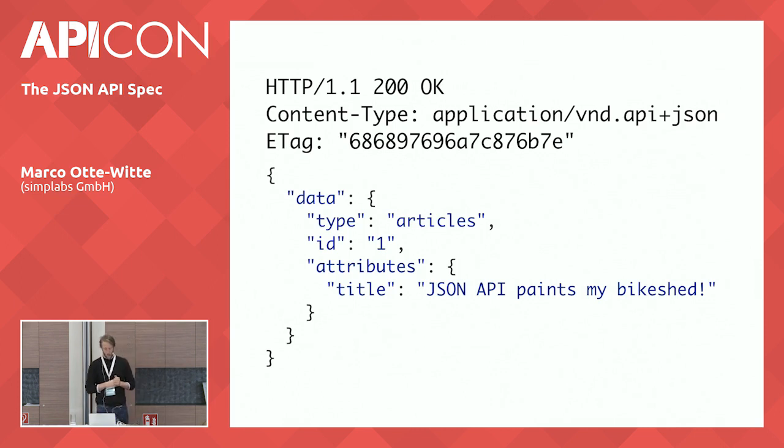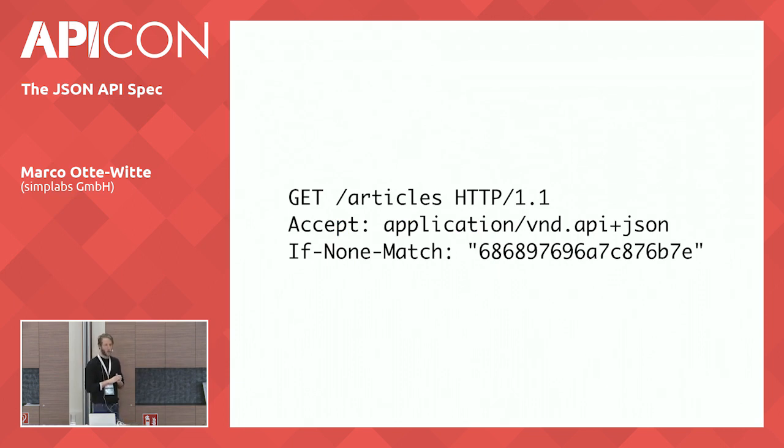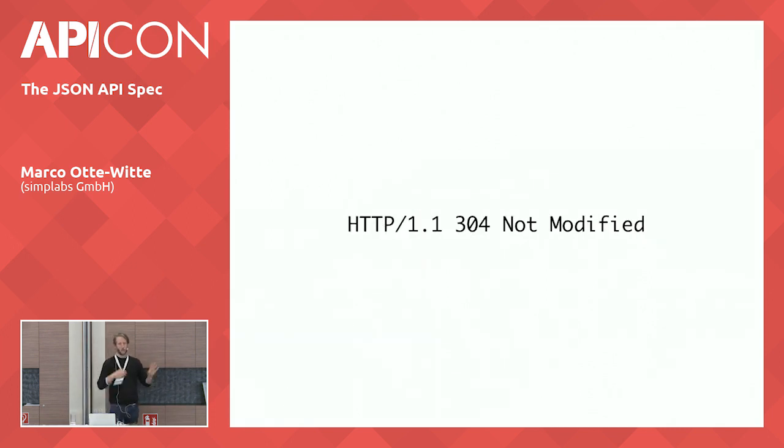And then when we read that same thing for the second time, we can include that token in the request and say only return the full resource again if it has changed and doesn't match that token that I received earlier anymore. And then the response to that would just be 304 Not Modified. Just keep using what you have there. So that's a very nice mechanism for speeding up things.